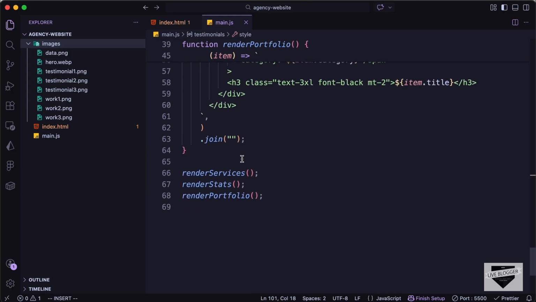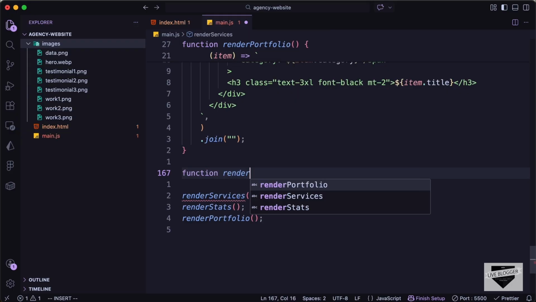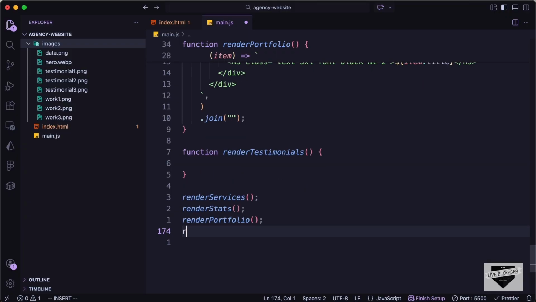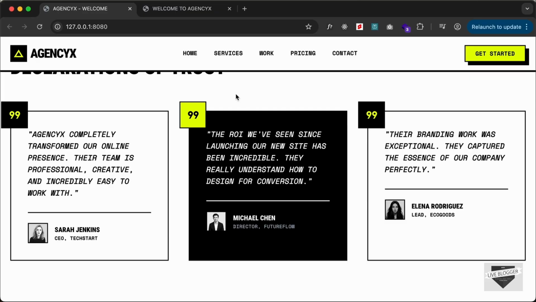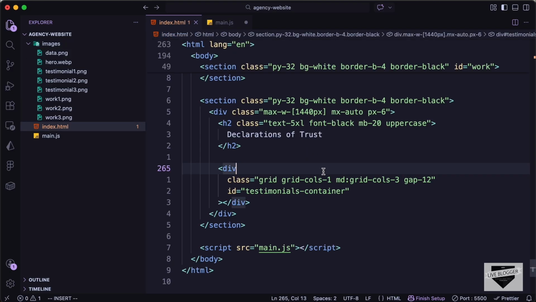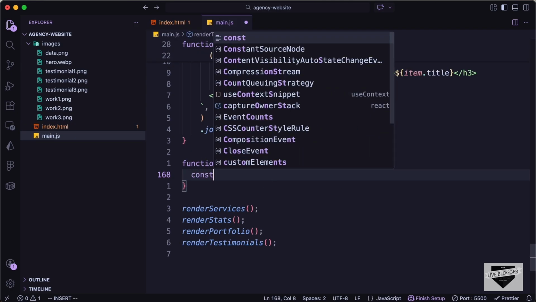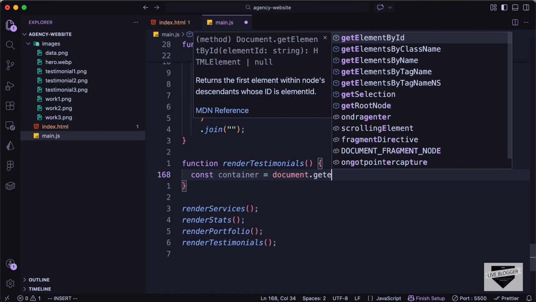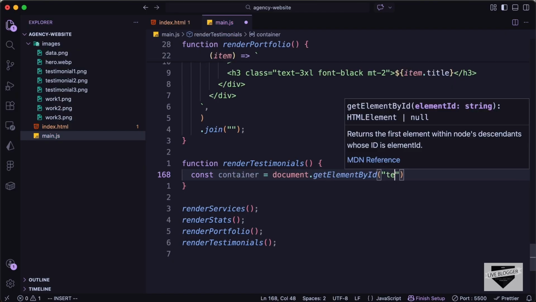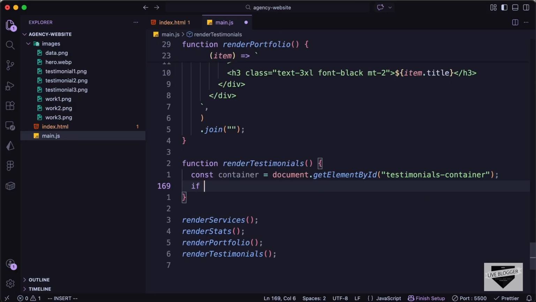So let's create a function over here. Let's call it renderTestimonials, and we'll just call that function right here. Now in this function, first of all let's get the container. So we have already created this div with an ID of testimonials container. So let's reference that. I'll just type const container equals document.getElementById testimonials container, and if you don't have the container we'll just go ahead and return,